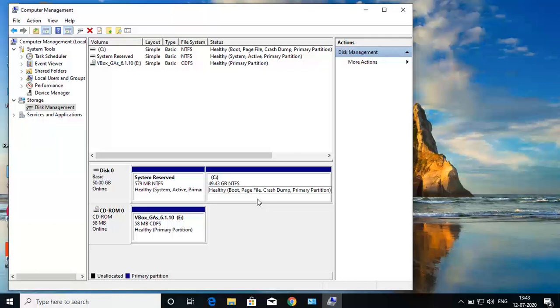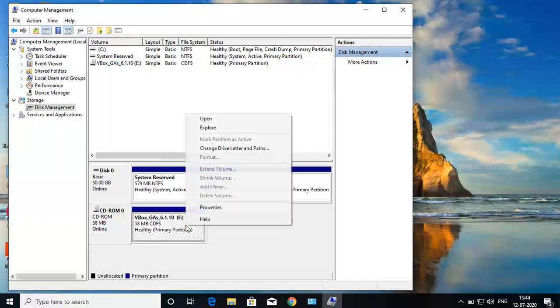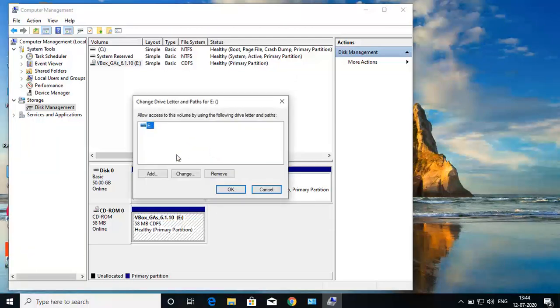So in this video you have seen how to shrink a partition, then create a partition, then how to delete a partition, and again merge it. In a similar way we can rename any drive letter also. Suppose the drive letter here is Z, we can use Change Drive Letter and Paths here, and change it.